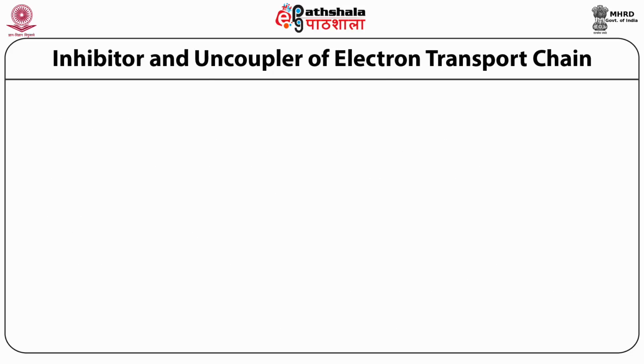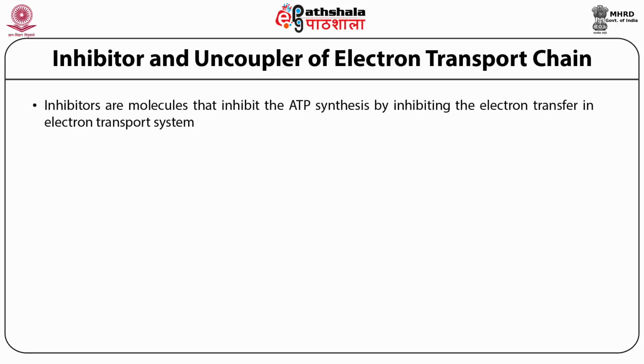When we are talking about the regulation of electron transport chain, two points come to mind. The first one is inhibitor of electron transport chain, and the second point is uncoupler of electron transport chain. So first of all, it is important to differentiate between two words, between two molecules. Inhibitors are the molecules that inhibit the ATP synthesis by inhibiting the electron transfer in the electron transport system, and